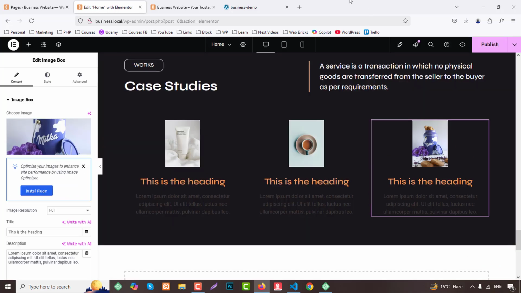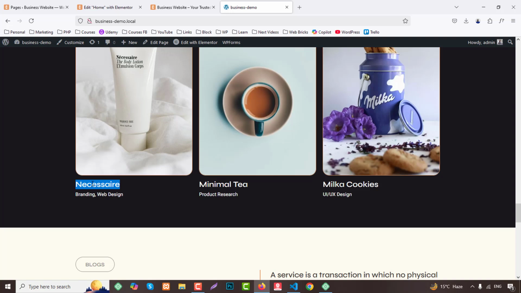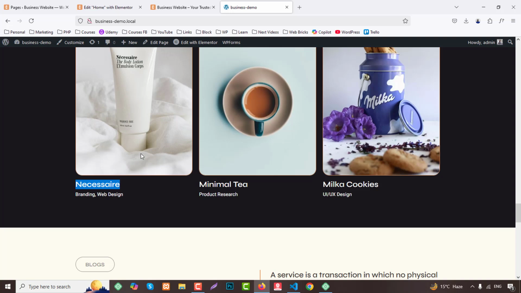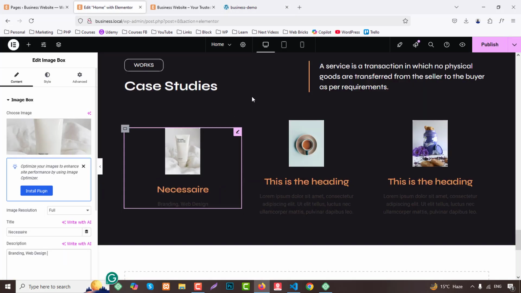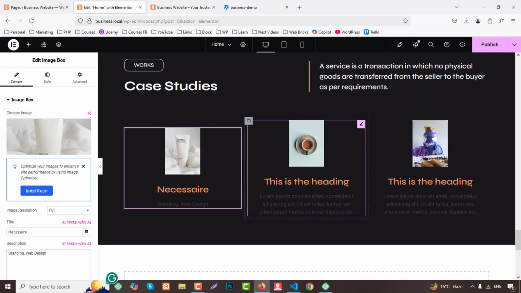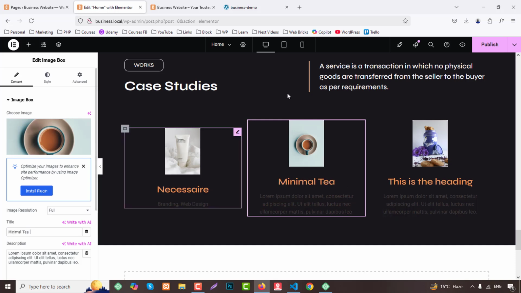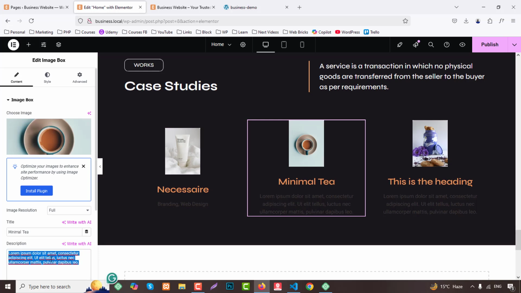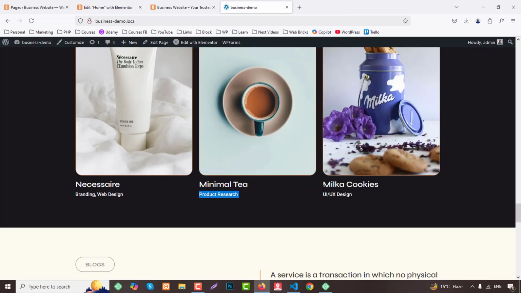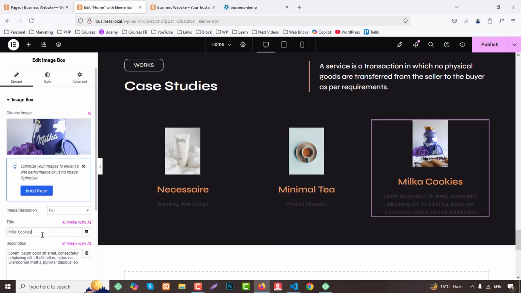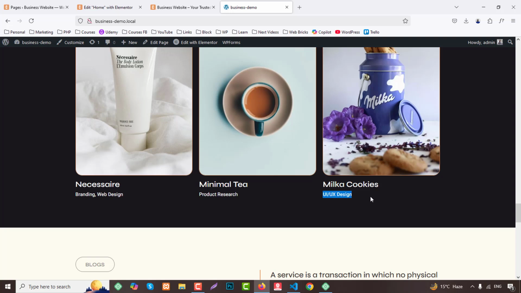Okay, fine. And for text we can choose this, copy from here, click and paste here, and copy this text from here. Now we have this part, second part, click here, and from here we can choose this one, and finally this part, click here and copy from here